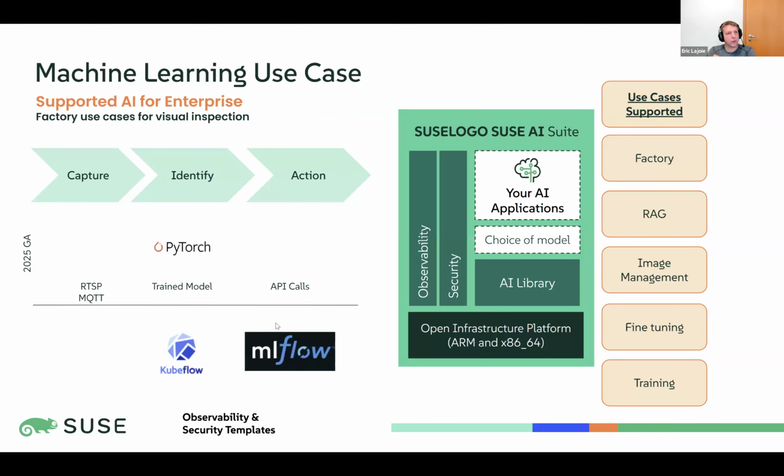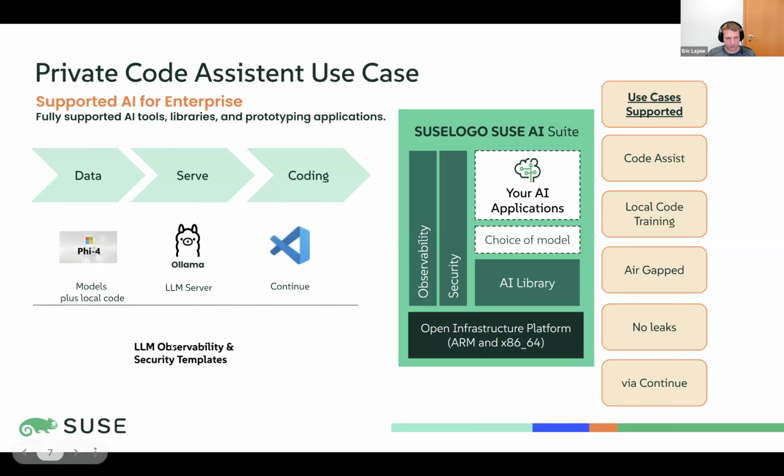The other one I see are when we have retail and manufacturing customers, a lot of the time they're looking at doing visual recognition, audio recognition, that sort of thing, which really falls in the machine learning bucket. And in that case, we give them the PyTorch package, and then they pull in the additional libraries they need and make their application. And that, of course, uses MLflow and Kubeflow. And then you have basically a way to train that model with new data on what they want it to be recognizing visually, or vice versa. And that model works out pretty well for them.